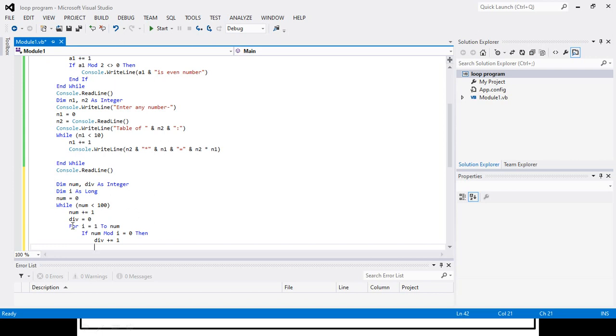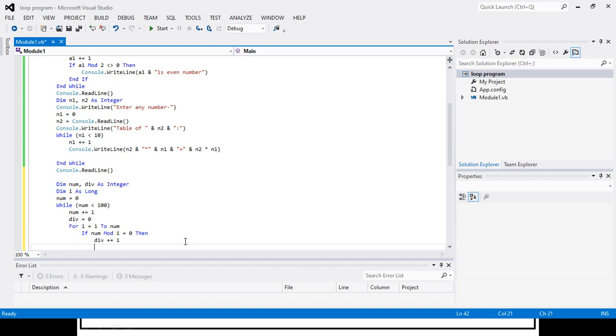For that we have used this for loop, which will start the execution from 1 to that number, and if it is divisible by a number and we get the remainder 0, we will increase our counter variable. And if the value of the counter variable is 2, it means the remainder is 0 only 2 times, when it is divisible by 1 and when it is divisible by itself, then only it is a prime number.